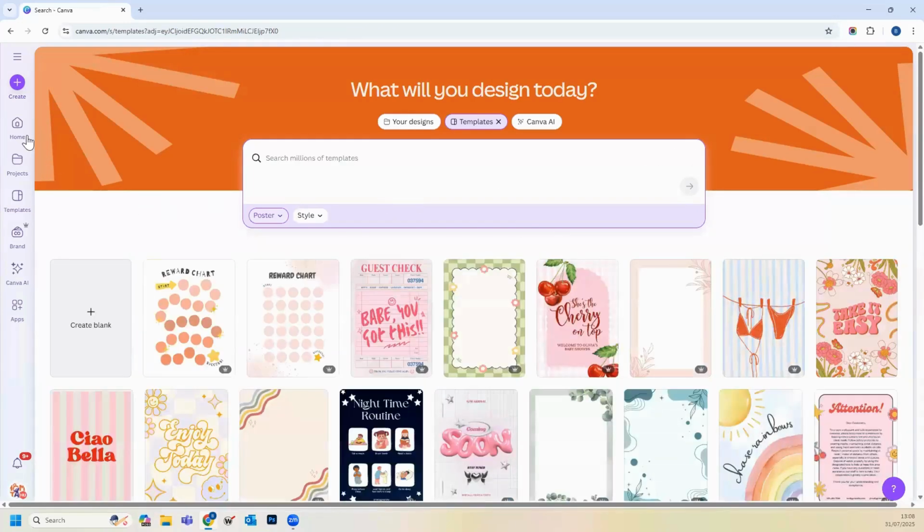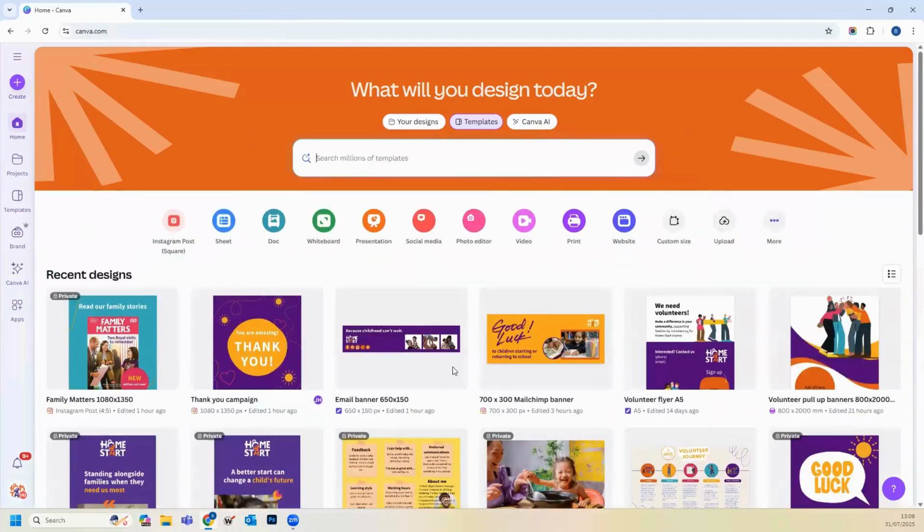But I thought I'd start off just when you come to the home page, you can search in your own stuff or in the templates. I found that new search function really helpful. So yeah, all your stuff will be here. And the thing is with Canva, there's quite a few ways to get to the same place. So here they've kind of done these little icons to quickly get to